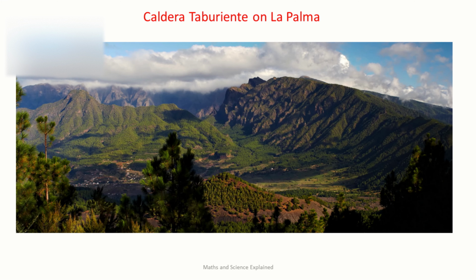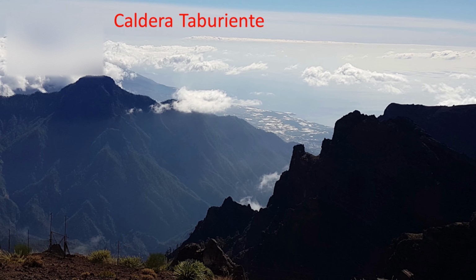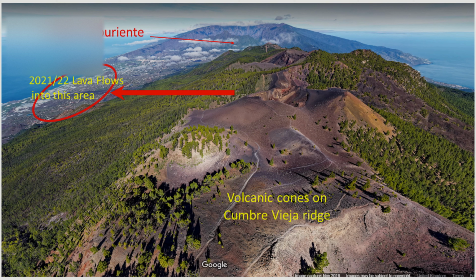It is a rich green environment with an abundance of plant life, and is full of deep ravines and steep escarpments surrounded by peaks of up to 2,400 meters high. As the 2 youngest islands of La Palma and El Hierro are still located over the Canarian hotspot, they are still very volcanically active. Here we see the Cumbre Vieja ridge in the south, which contains a number of volcano cones that have erupted frequently in the last few centuries, with the most recent example of course last year in